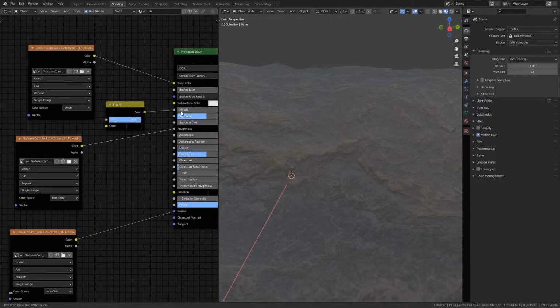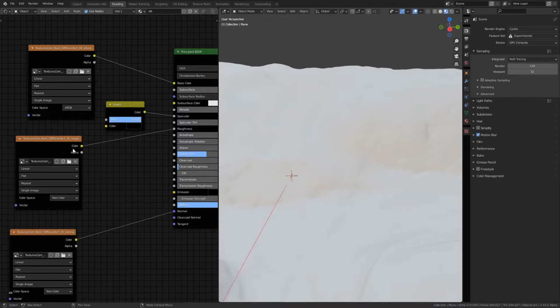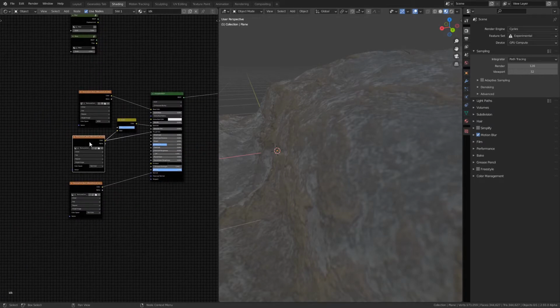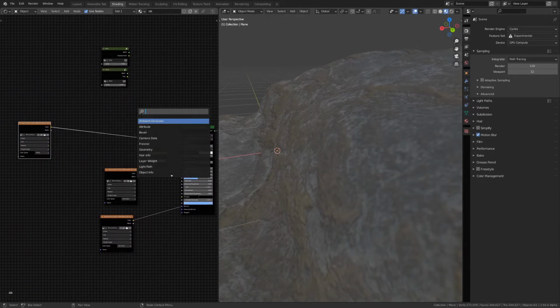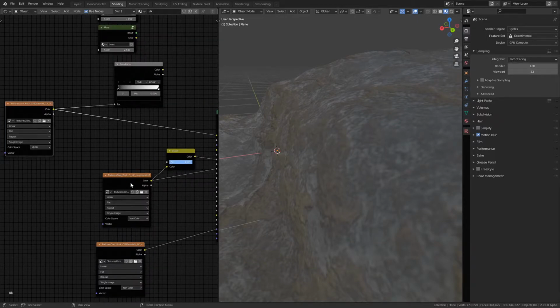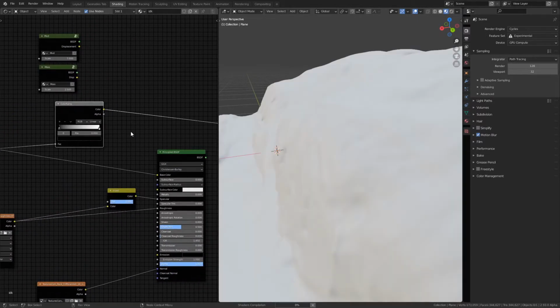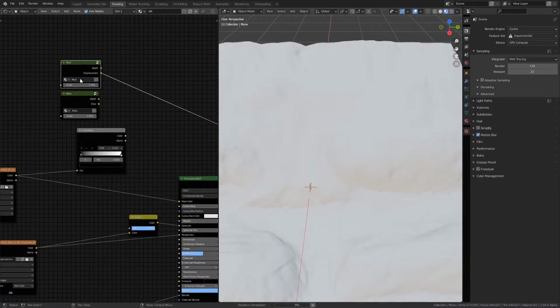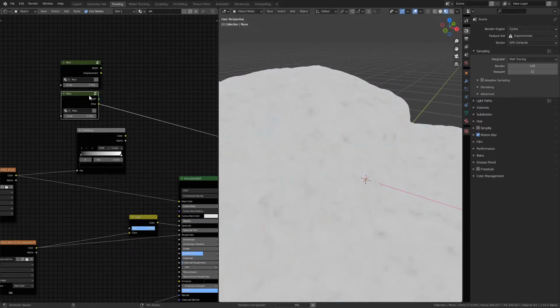I couldn't get a displacement texture, so I gotta do some unholy color ramping for the displacement texture. Color ramping, yeah. And now plug this into the base color, or maybe I could do roughness, but I'm gonna do base color. And I don't know if you've seen, but all the other displacement textures are pretty white because